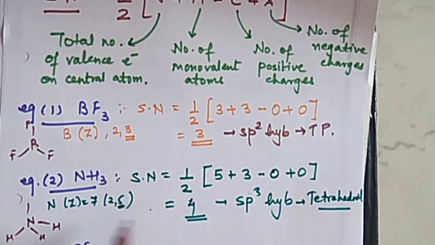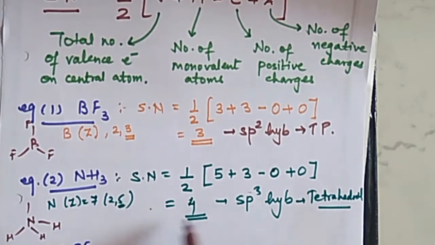So how will we get this geometry? We cannot identify the number of lone pairs present using this technique. For this, we will be using another method. So here we can just say that NH3 has steric number 4, so its regular geometry and its hybridization we can predict, right? It should be having sp3 hybridization.